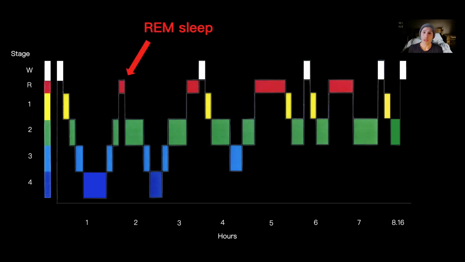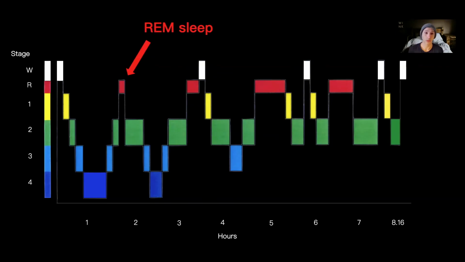It's related to our learning and memory, but also processing of emotions. So say, for example, we process the emotions that we've just experienced in the previous day, but good REM sleep will also allow you to prepare emotionally for any stressful events the following day. So it's a really cool one that we're learning about.